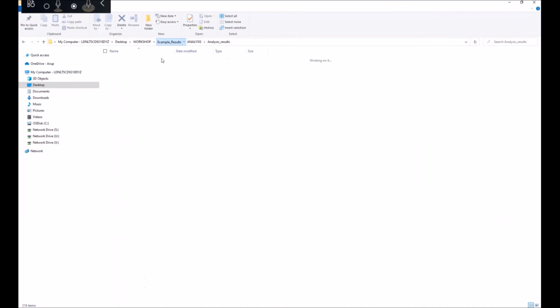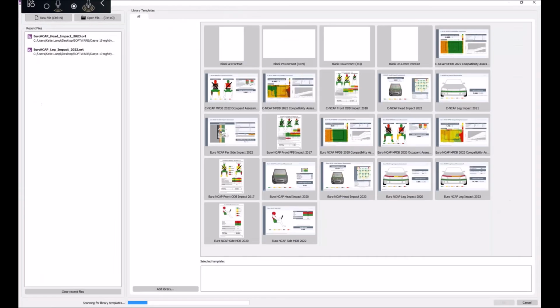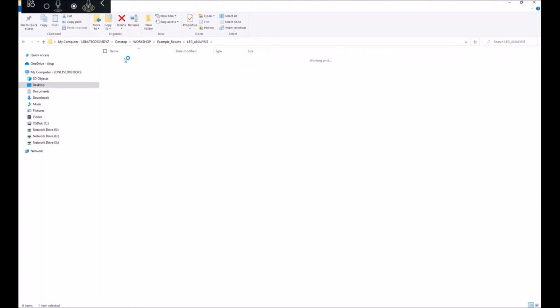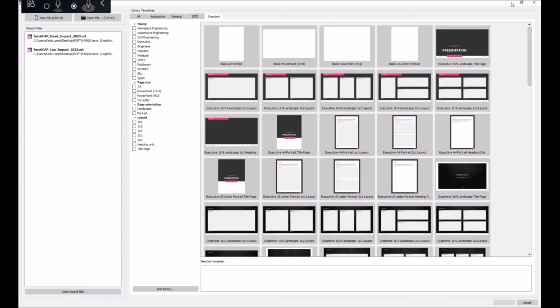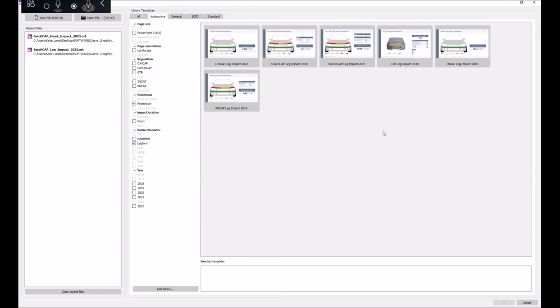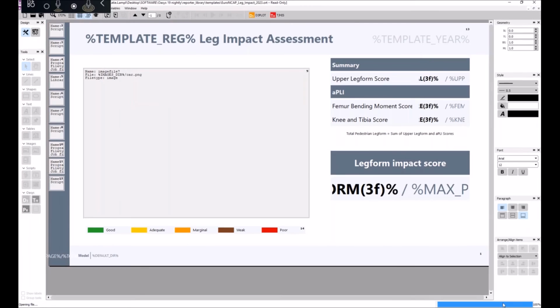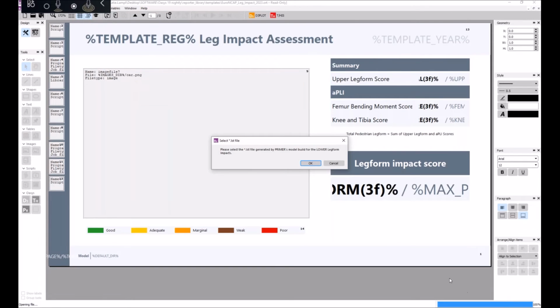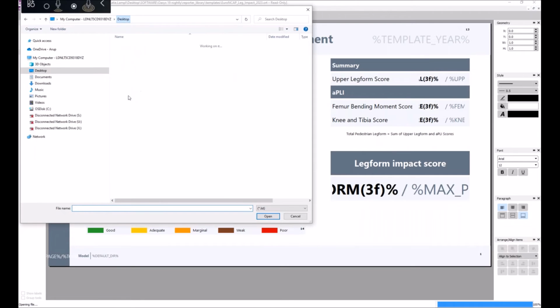I'll just go to the area where my results are. I've also got some leg analysis results. I don't have a full sweep, but I've got some results for lower leg analysis and some results for upper leg analyses. Back to this window again, we go to automotive, pedestrian, and then leg form, and we're going to choose the Euro ENCAP 2023 leg impact template. Just like the head impact templates, we need to feed Reporter a list file. So we press OK